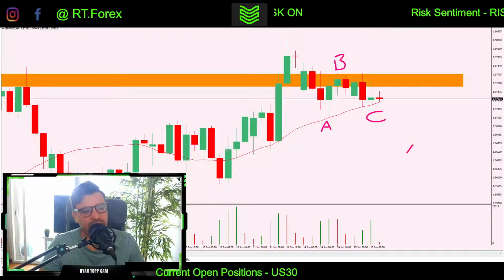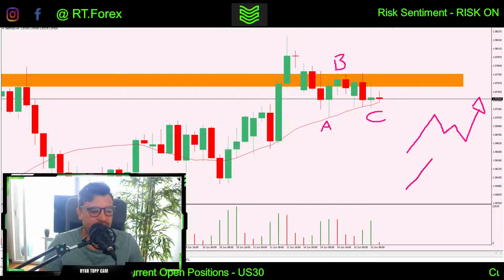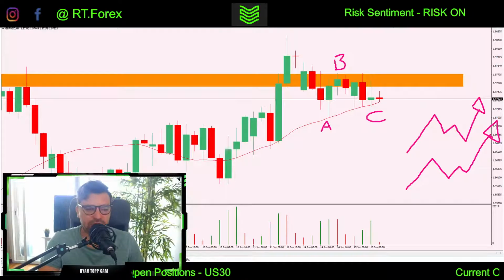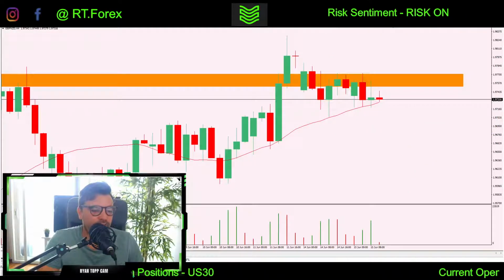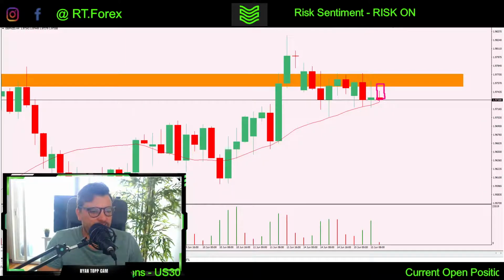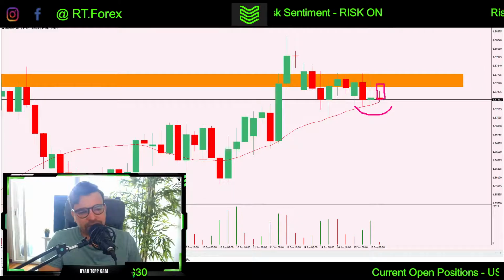Your standard ABC is like this. Your AB shallow C is like this. Both are valid. Both are still fine. But what I need now is a catalyst. I need something to get me in this trade. We've got a potentially morning star forming. Have to wait